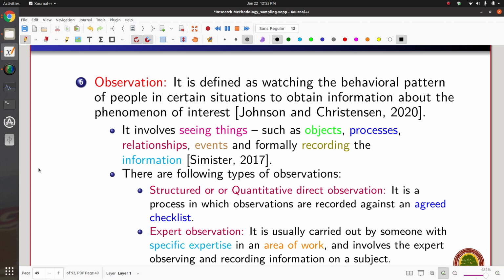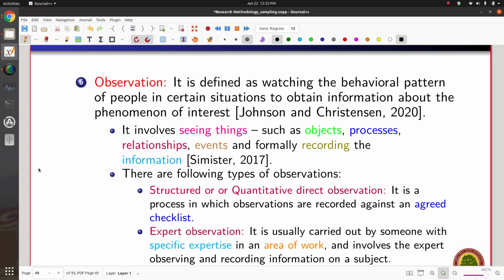Then you can also do expert observation also. That is a different kind of thing. Sometimes if you are studying let's say teachers in a school or in a college, so आप कई तरीके से उनको स्टडी कर सकते हैं. आप उनके साथ पार्टिसिपेंट बन के रह सकते हैं, आप उनको एज ए रिसर्चर ऑब्जर्व कर सकते हैं. We will talk about that later. Now it is an important thing that observation जब आप कर रहे हैं, तो